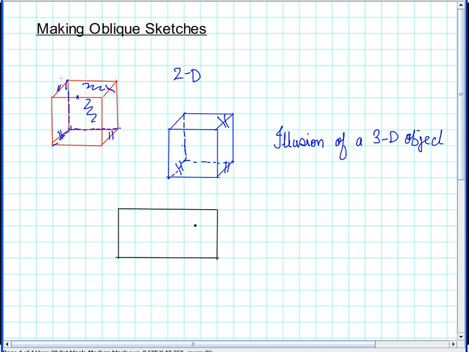Now we leave one and make one more over here. We go down and make 3, and this becomes the front face. And now we join these here, and this gives us the illusion of a